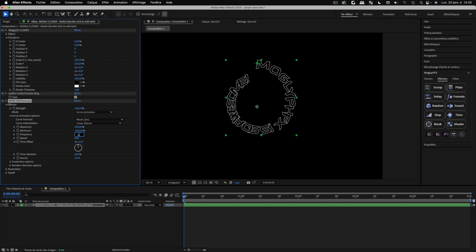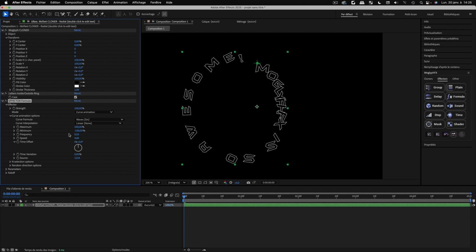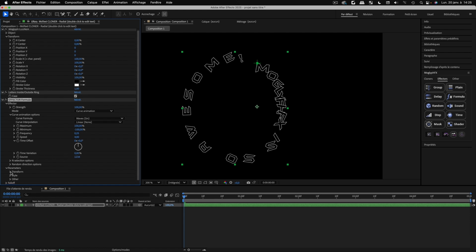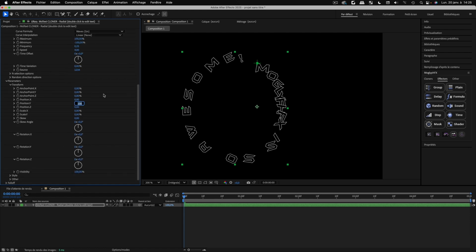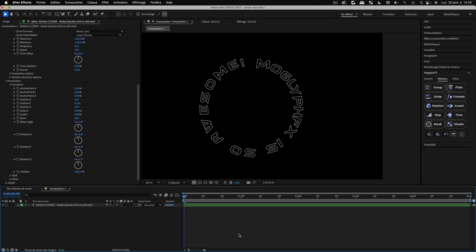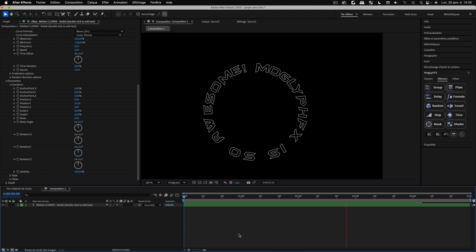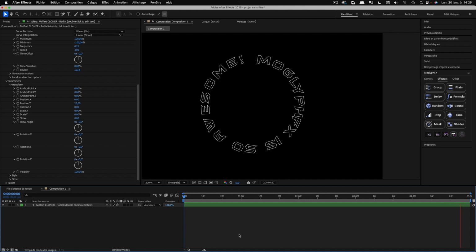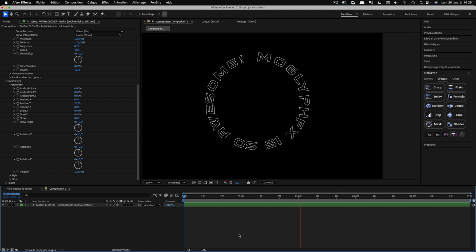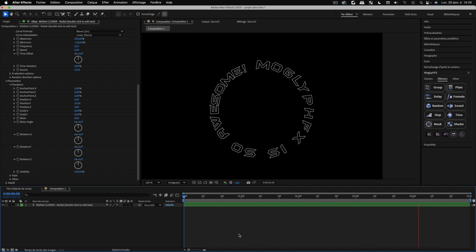And yeah, something like this. And you can really do whatever you want with the cool effectors from MoglyphFX. So, yep, pretty nice addition to be able to use letters and custom text with the cloner's